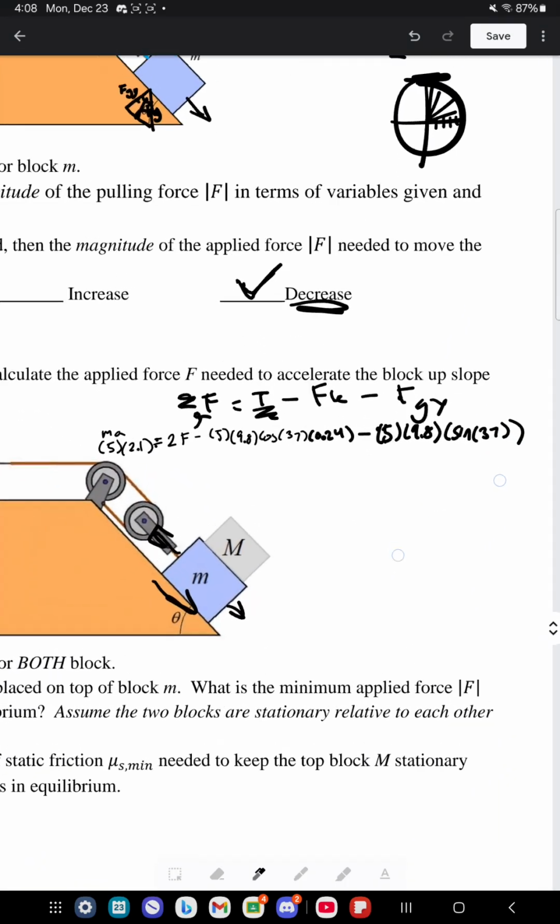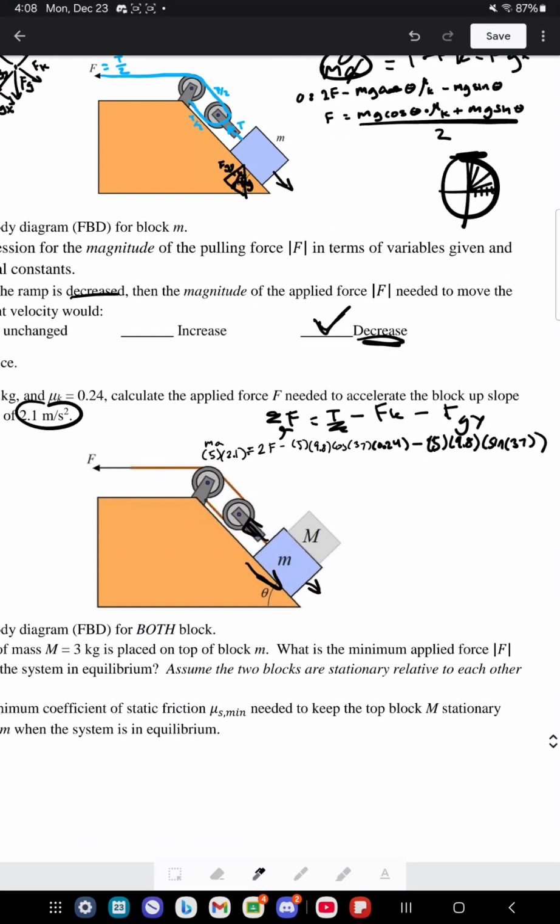And that should get us our... let me get my calculator. So let's see, in my calculator I'll also be adding both of these to the other side. So let's see, 5 times 2.1, that is 10.5 plus